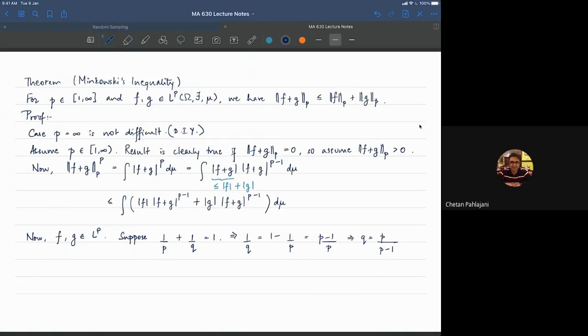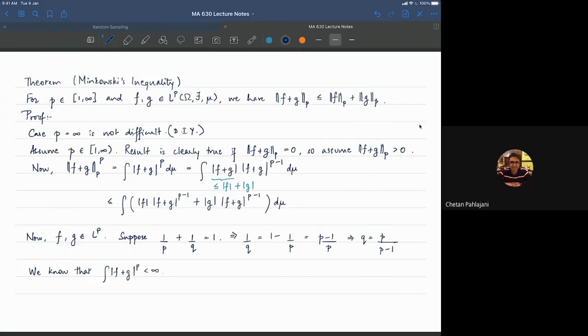Any questions with this? By the way, this formula is also true if p is 1, because if p is 1, then p minus 1 is 0, and so you have 1 over 0, which is infinity. Okay. So now what do we know? We know that the integral of |f + g|^p. I'm not going to keep saying d mu. All integrals are with respect to the measure mu, so no need to say that. So this thing is less than infinity.